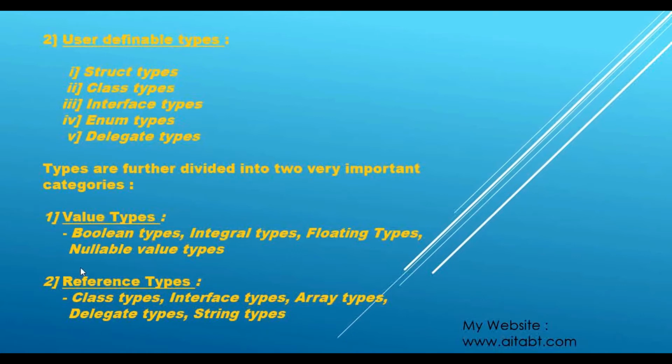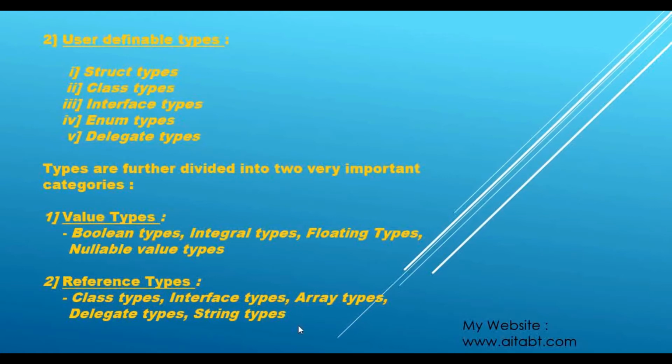Now if you carefully see, guys, in the user definable types there are structure, class, interface, enum, and delegates. But it is not necessary that these user definable types are reference types. Okay, so if you can see, this class is a reference type as well as a user definable type. This interface is a reference type as well as a user definable type. But this enum is not a reference type, and structure is not contained here either. We will be talking about them in great detail. Just try to understand that it is not necessary that if any type is user definable, then it needs to be a reference type.